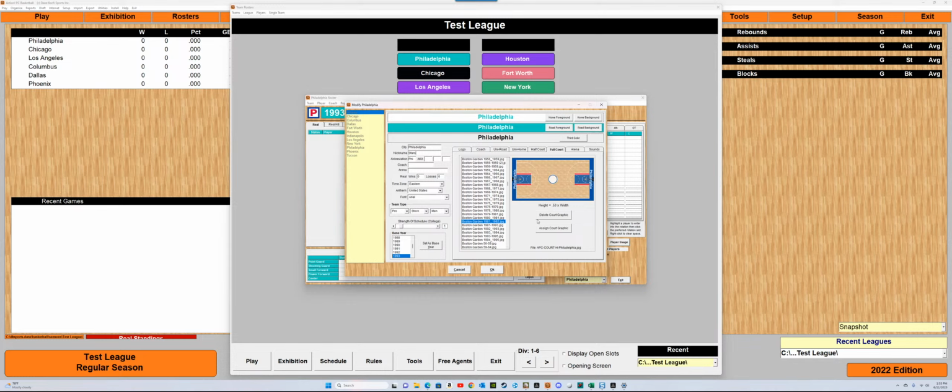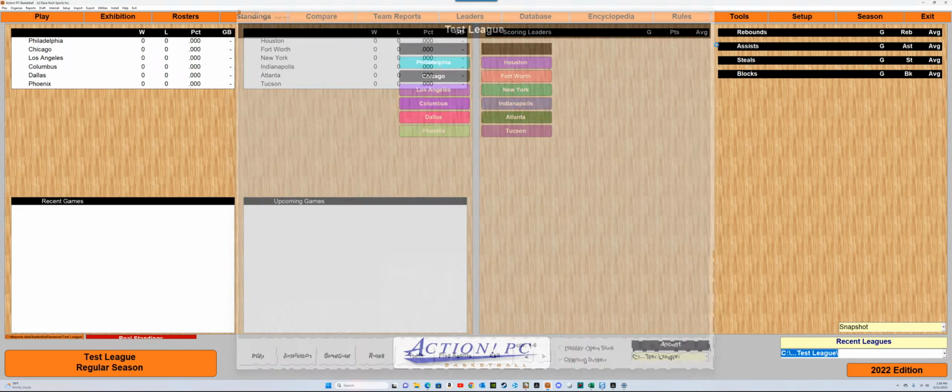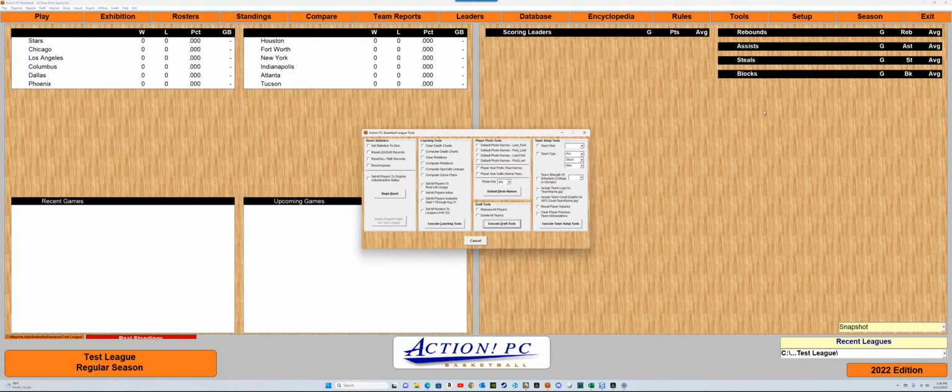Another thing to be aware of is if you select a team that's stock, it is going to treat everybody like they came from that year in that team. So if I'm going to do a draft league, I could go here and change that to draft. An easy way to do this so I don't have to do it for each team individually is I could go over here to tools,